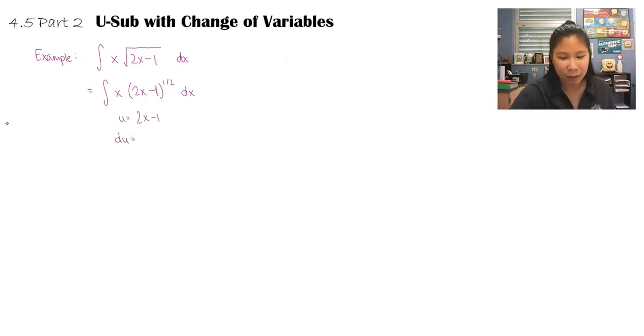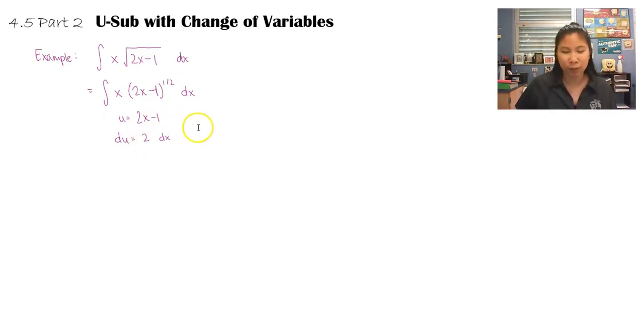But when I find du here, the derivative of 2x minus 1 is just 2 dx. But if you look back at the original problem, I still have this x out here that I wouldn't be able to rewrite in terms of u. Because remember, the whole point of u sub is to be able to write the whole original problem with just u's instead of x's. So when this occurs where my du isn't somewhere else in the problem,